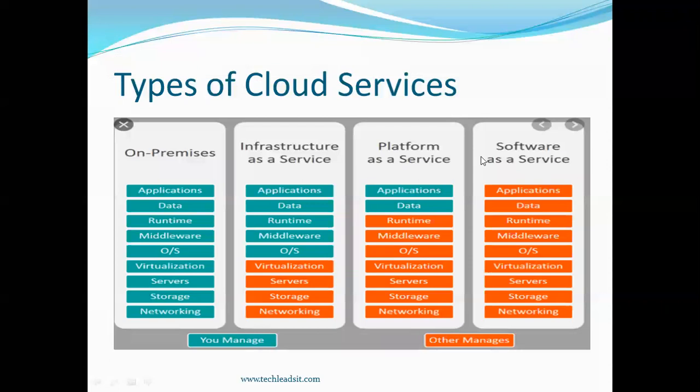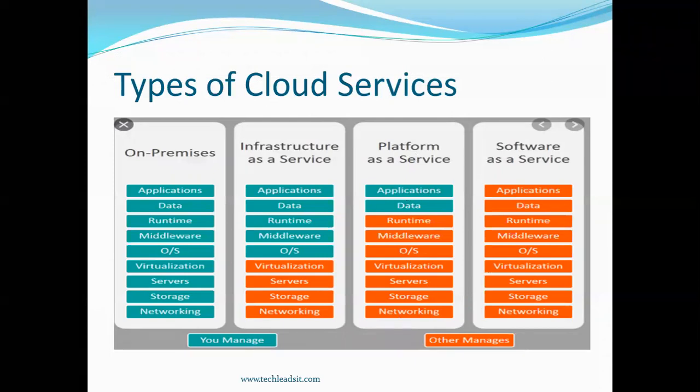Whereas in platform as a service, applications and data are maintained by the organization. Here we are managing the applications and the data. The rest of the layers, the runtime, the middleware, operating systems, servers, storage, and networking, are maintained by Oracle.